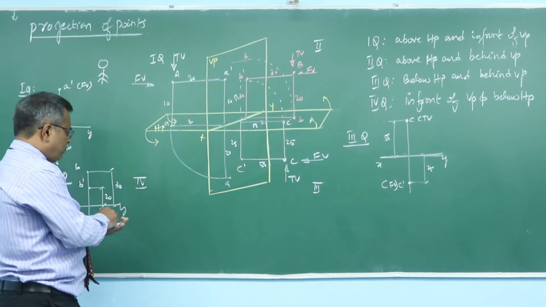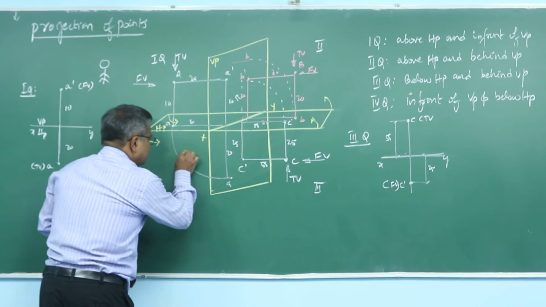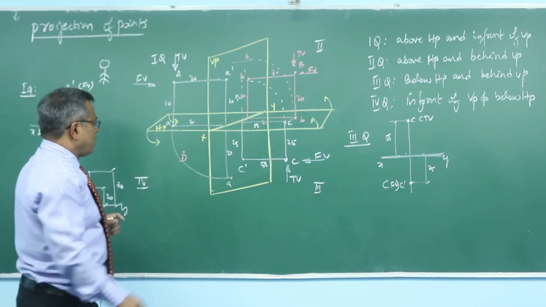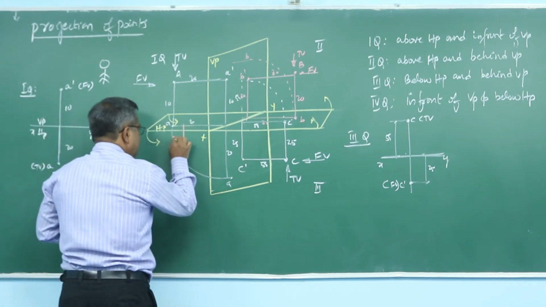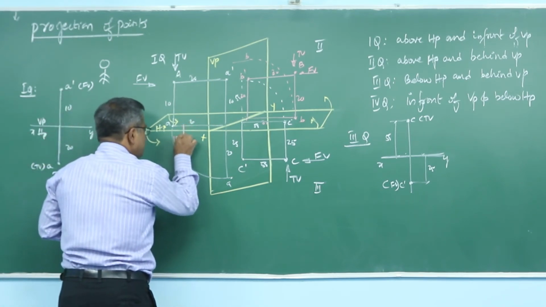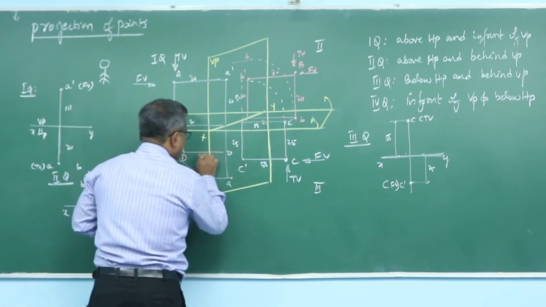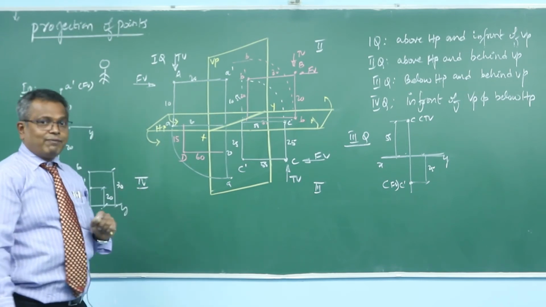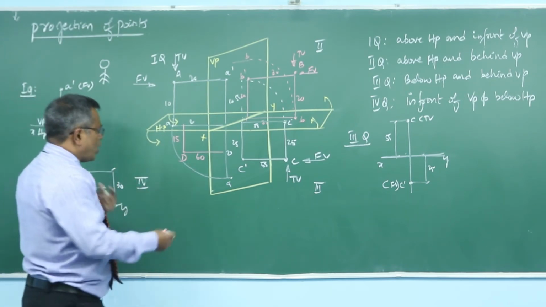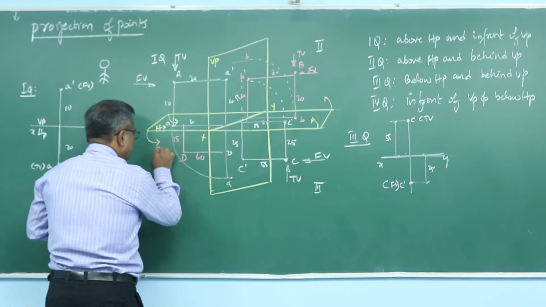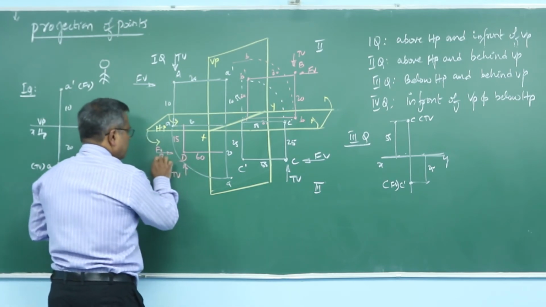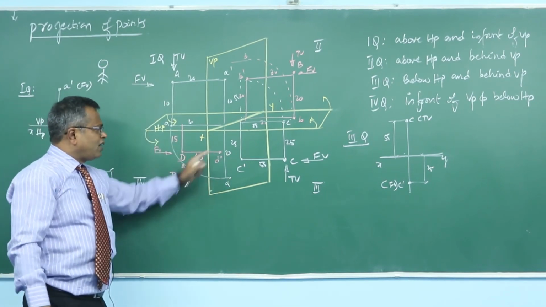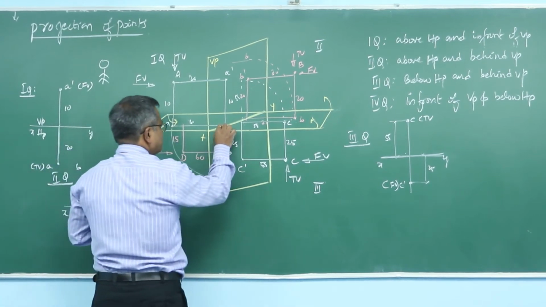Lastly, we move on to the fourth quadrant. See here, let us say the point D. It lies in the fourth quadrant. But let us say D is 15 millimeter below HP and 60 millimeter in front of VP, because the observer is on the left side in all four quadrants. Now my interest is to draw the front view as well as the top view. Front view D, you are projecting here, it becomes D dash. So D dash you are projecting on VP, in which I can see the 15 millimeter distance.